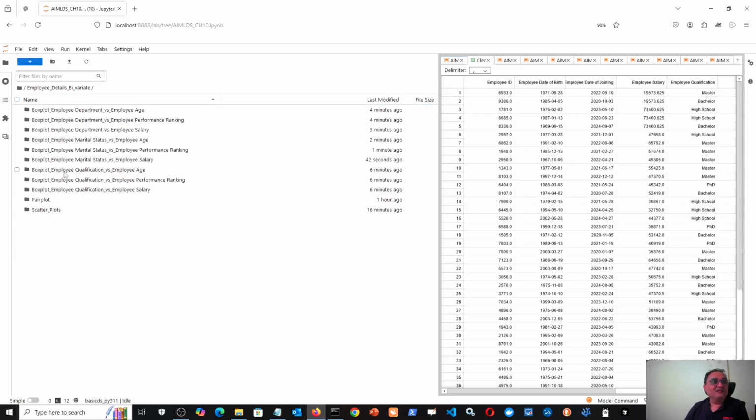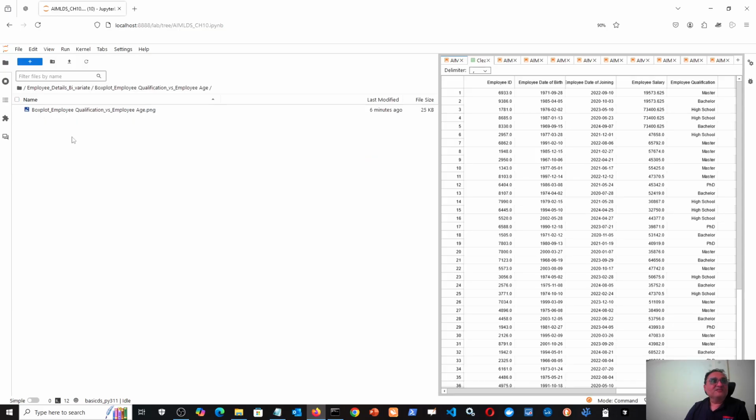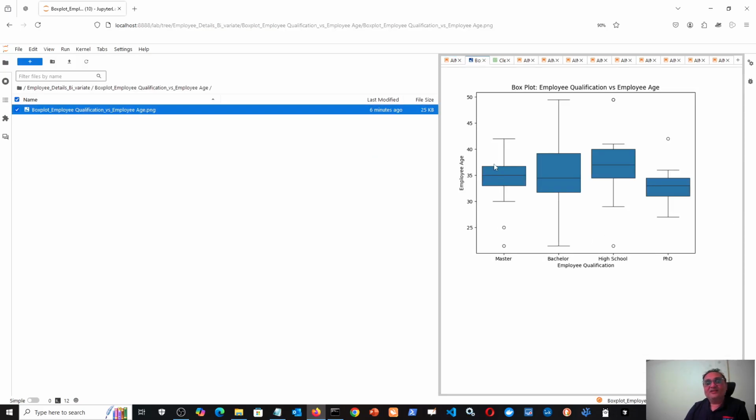now here, qualification and age. If you open that, it shows that the hypothesis that highly qualified people will have gray hair is actually wrong. PhD people have a median age of only around 32, while high school people have a median age of 37, bachelors 35, and masters also 35. Okay,